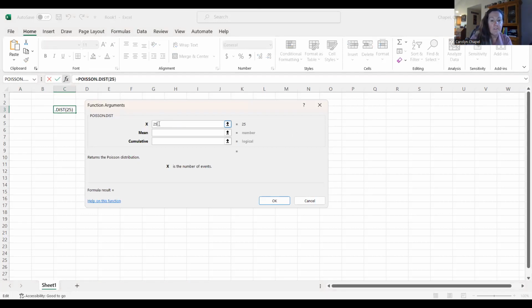We're looking for 25 weeds. Here you'll notice we do have the mean. So it doesn't ask for the lambda or the T, it asks for the mean. So that's why we want to calculate that expected number in that piece. Again, with this function, we can add from the bottom up. And here we only wanted it for one value, so I will put the word false on there.